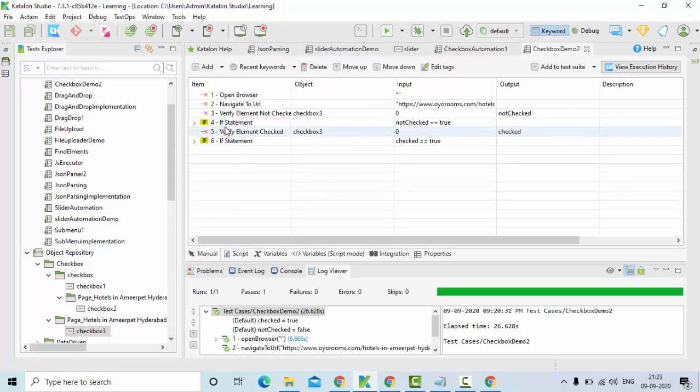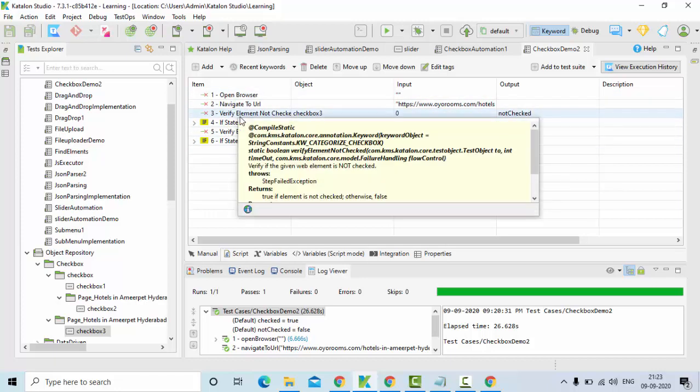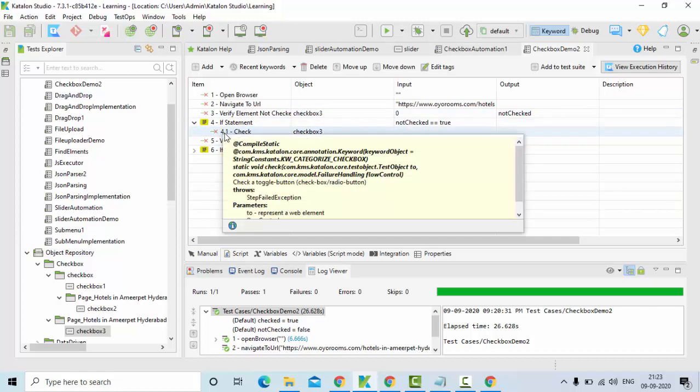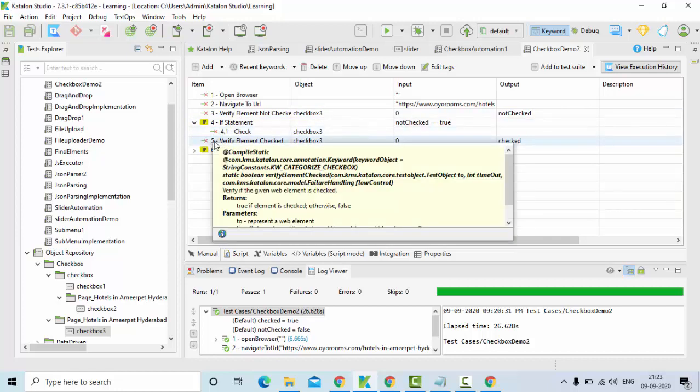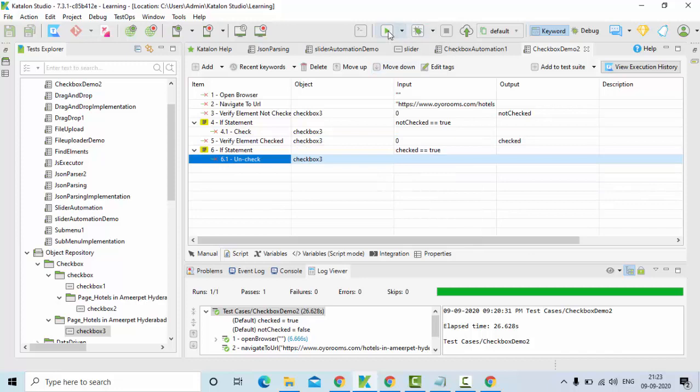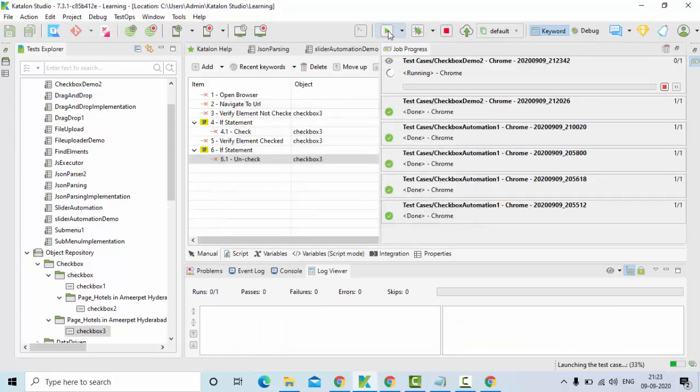Now you could see the steps are like this: I am navigating. I am checking whether the checkbox is checked or not in the beginning. No, it's not checked. Then I am checking it. Once it is checked, I am again checking whether it is checked or not. Yes, it is checked. Then I am unchecking it here. It's very simple. I might have made it a little bit complex, but it's pretty simple, guys.